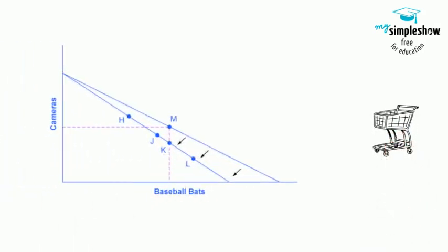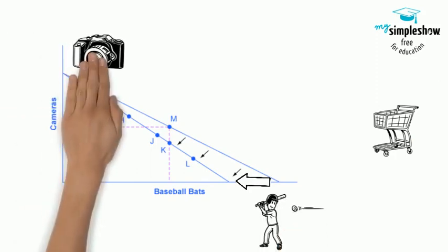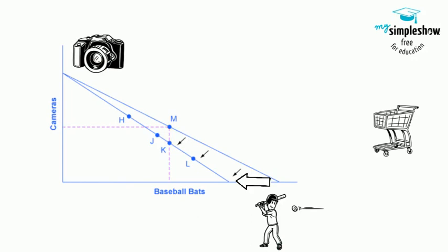How a change in price affects consumption choices. The original utility maximizing choice is M. When the price rises, the budget constraint rotates clockwise. The new possible choices would be fewer baseball bats and more cameras, like point H, or less of both goods,